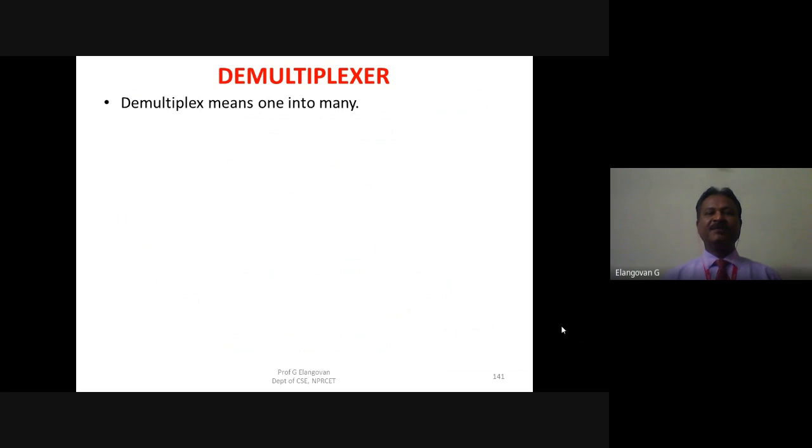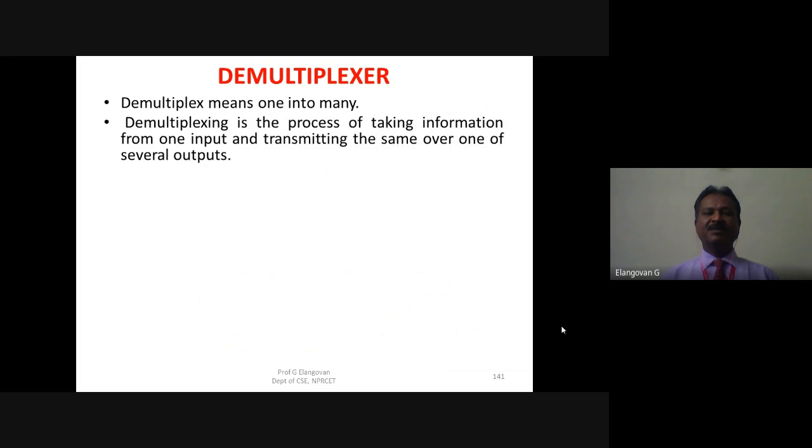A demultiplexer is just the reverse process of multiplexing. With the one available path, we divert it to n number of paths, so the serial path goes to parallel paths. Demultiplexing takes the input from a channel, and at the receiving end, the demultiplexers are used to send that received channel to several outputs, but only one output is active at any instant.